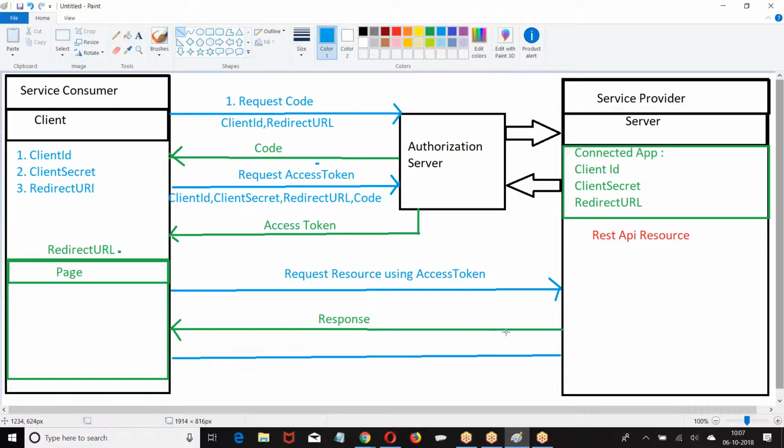If you send a reference token to the authorization server, they'll give me one more access token. By sending the reference token, you can request a new access token. How many times? Only one time. Using a reference token, we can request an access token only one more time.